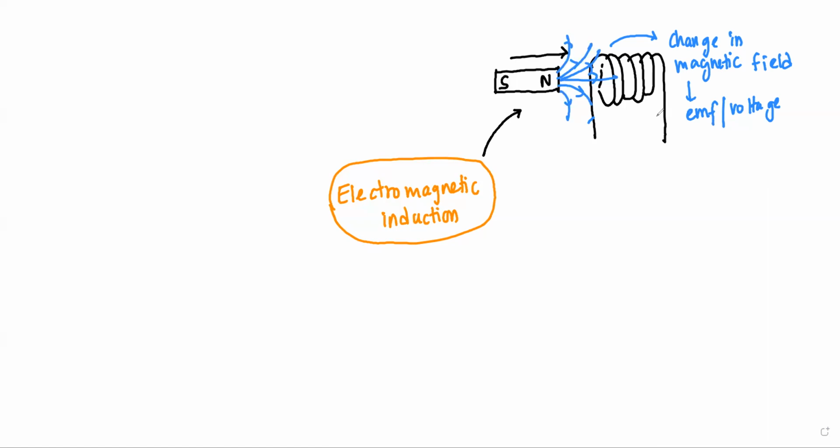Like you already know, a simple version of generators is the dynamo. The dynamo also generates electricity when you're pedaling a foot cycle. So in electromagnetic induction, if you want to generate more current,